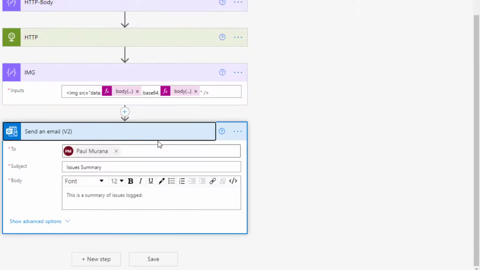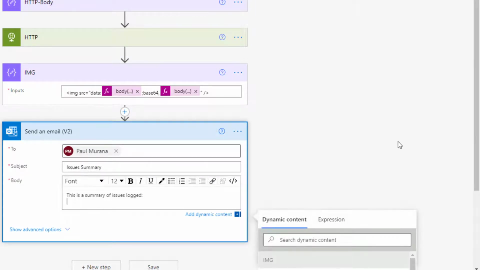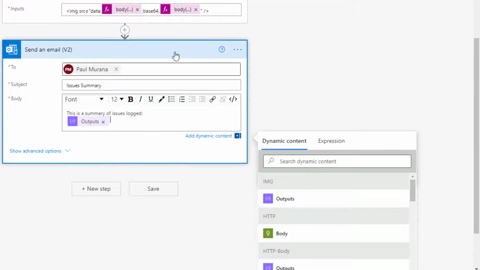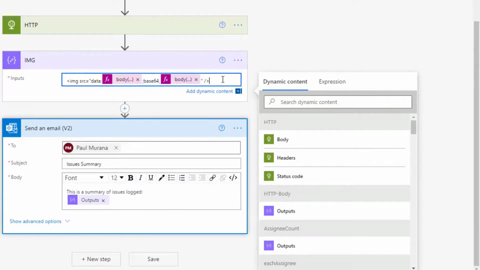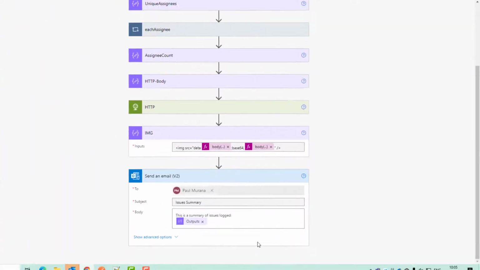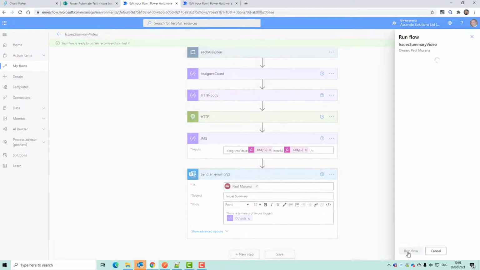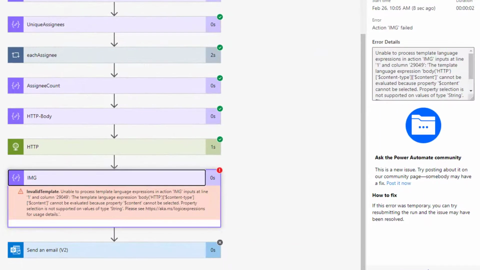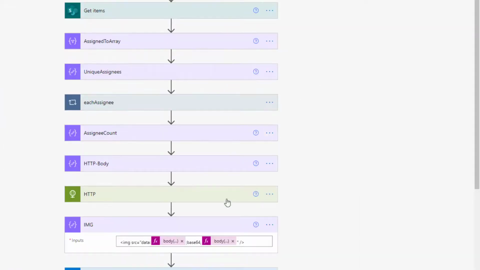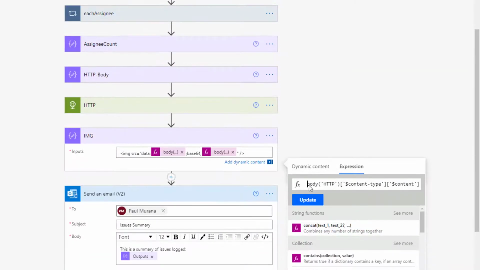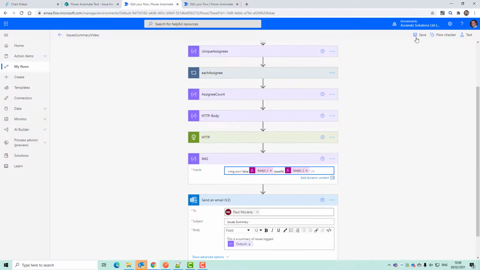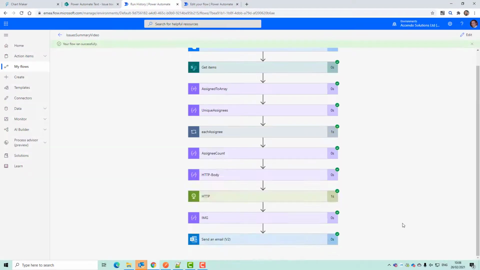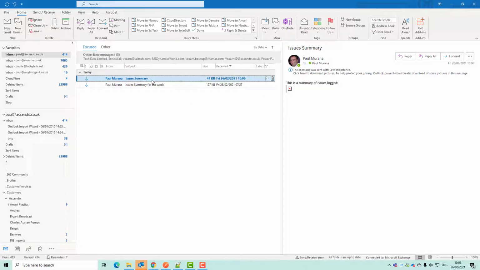Okay. And then here I can just put in the dynamic content from that. Of course, I could just copy this and put it in there, but we'll leave it separate for now. Okay, so there's a small error in the expression. Let's just go and have a look at that. That looks all right. Oh yeah, this one's got an invalid property, so let's just update that. Try again. Okay, so the flow has run successfully, so I should be getting an email with that image in